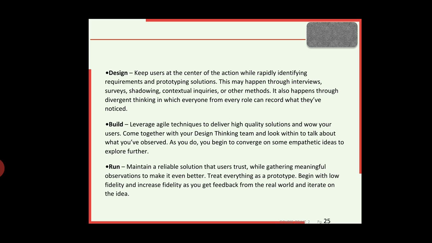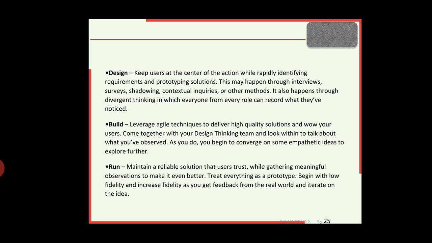This is the concept of how we want to build a particular product or project. And coming to finally how we can run a particular product, in the sense how we want to deliver, test and implement. This is the concept of run. We want to maintain a reliable solution, meaning it should be available at all times, that users trust, while gathering meaningful observations to make it an even better